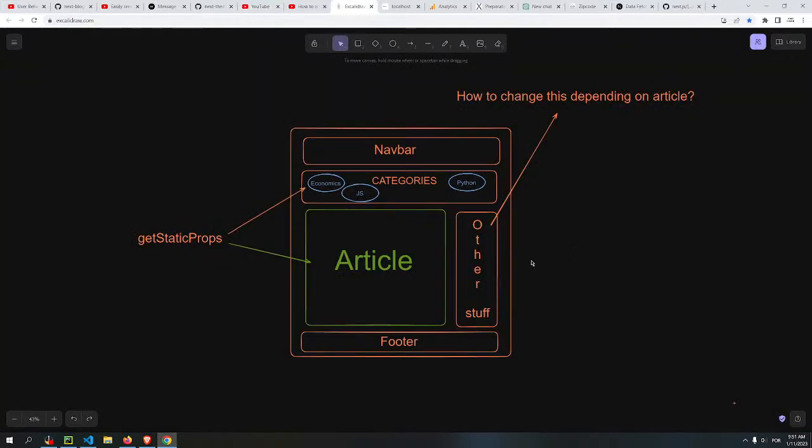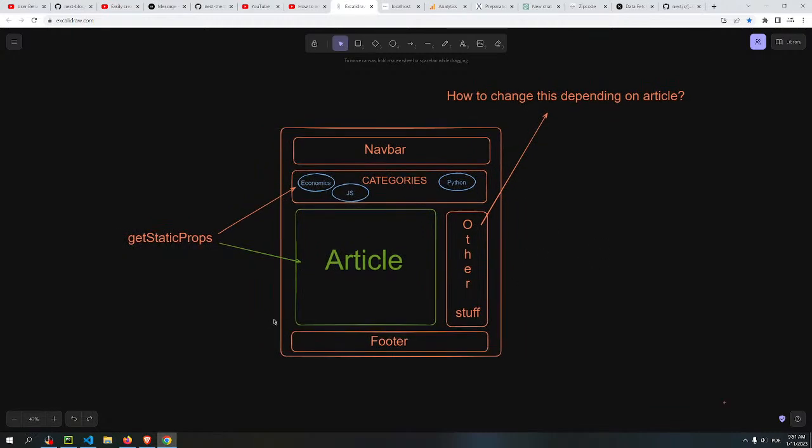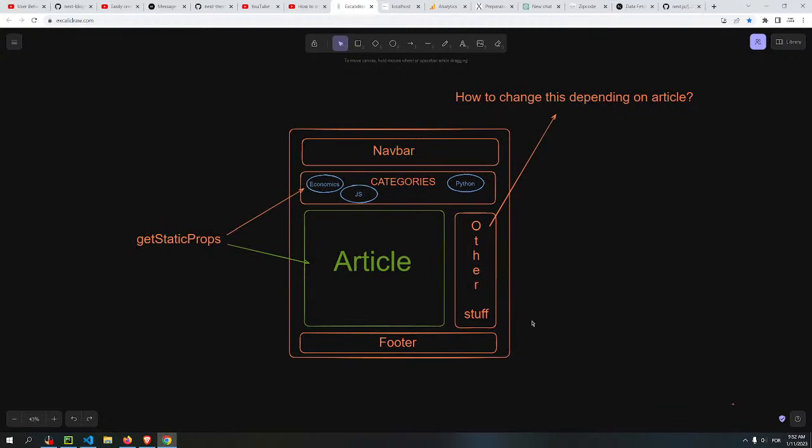So first, let me explain the process that I went through and all the stuff that I spent a bunch of time thinking about. And I didn't want to live stream this because I had to spend a bunch of time thinking in order to figure this out. But pretty much what I'm trying to do is build a blog, and this is the